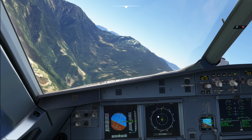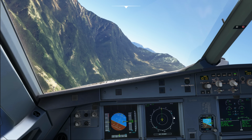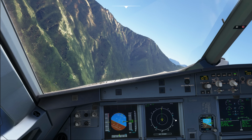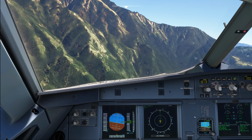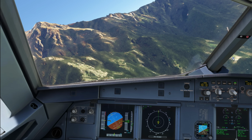Okay, so you can see I've already selected the rose mode of the ND, set my heading bug to where we started, and as soon as that is 10 degrees prior to the 90 degree marker, so basically now, we're going to start turning the other way around, and that is going to put us straight back to where we started, so that we can start our approach to